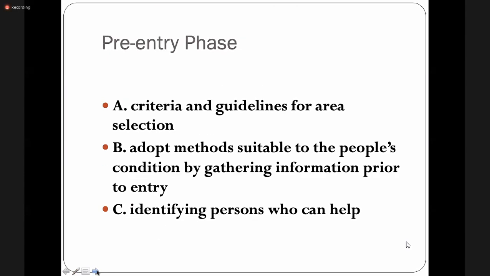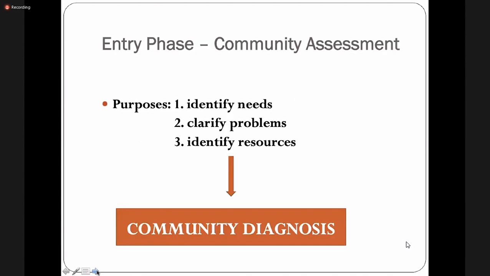Okay. In the pre-entry phase, you have some of the criteria and guidelines for area selection. So, tinignan nyo, bakit 37A yung napili nyo? Kasi ito ba yung may access or ano? So, titignan nyo, bakit 37A? And then, adapt method. So, i-explain nyo yun sa pre-entry nyo dun sa COPC. Adapt method suitable to the people's condition by gathering information prior to entry. Okay? And then, letter C is identifying persons who can help. So, in the entry phase, in the community